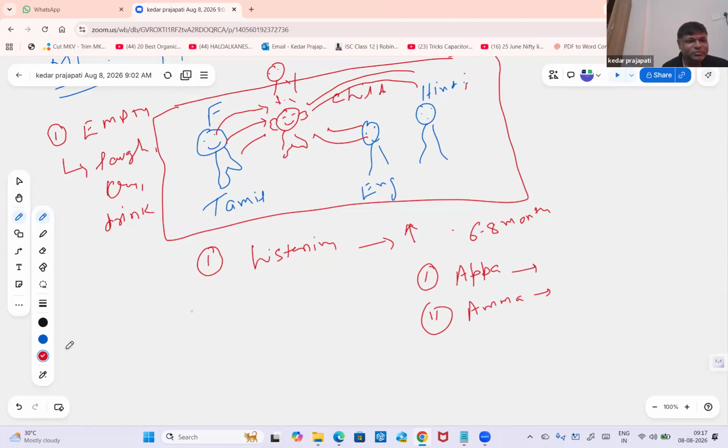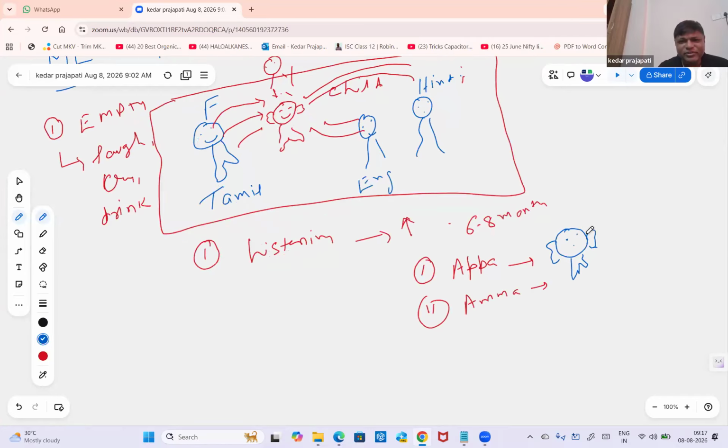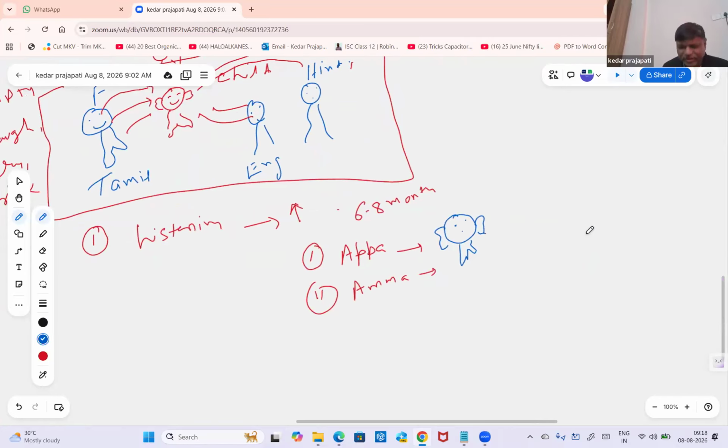But he has not taken your name. Maybe every day you are telling him, appa here, amma here. So he understood those things. And whenever he sees you, he says appa amma, and now he says appa amma to everyone. You are telling him appa irka, amma irka, so he is repeating appa amma.